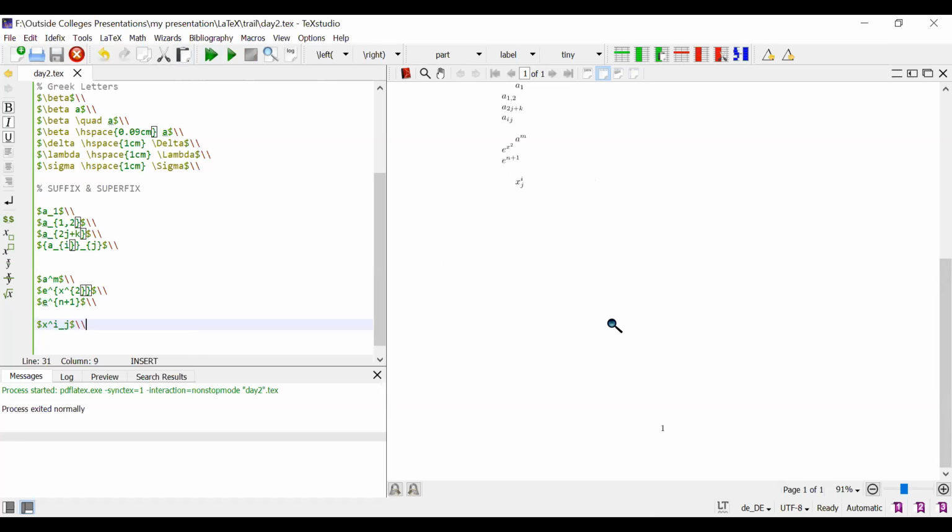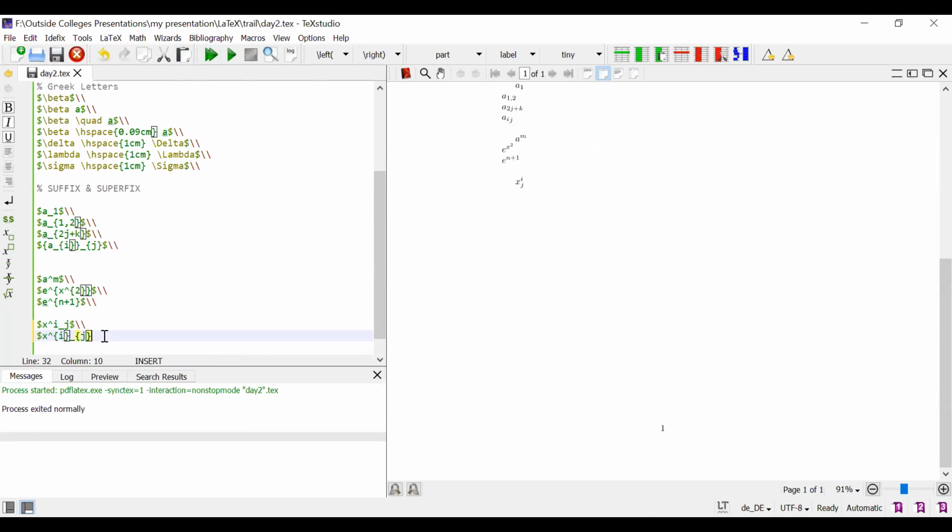Okay, now I want to perform the same suffix and superfix in a single sentence. X power I j.